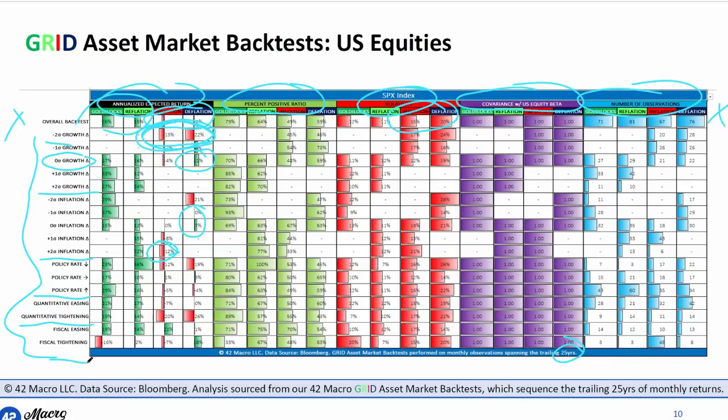So what we're trying to do is use these back tests to inform us, based on our views on how the Fed is going to respond to our forecast and how fiscal policymakers are going to respond to our forecast, to help us get into the right asset allocations and make those decisions and pivots appropriately. So again,